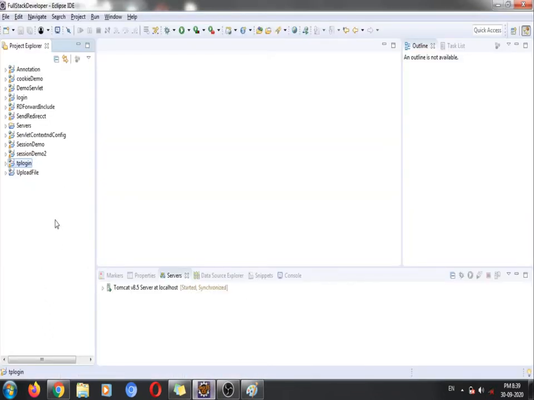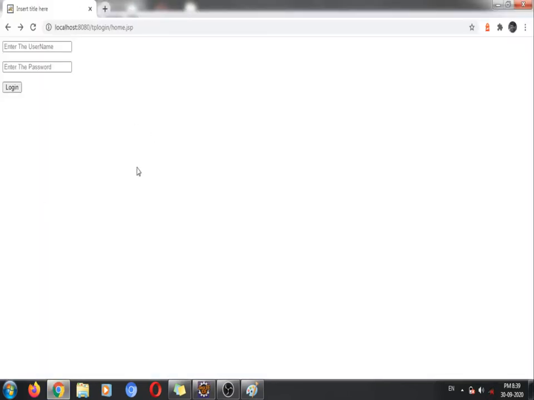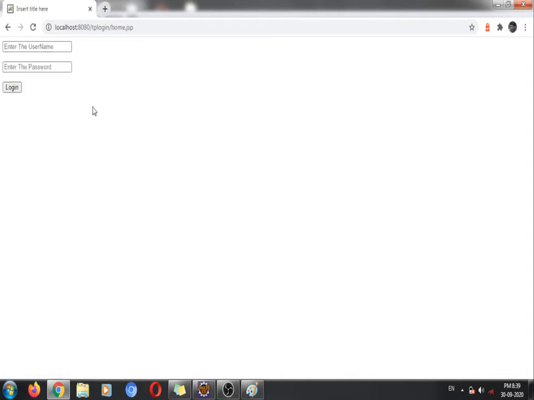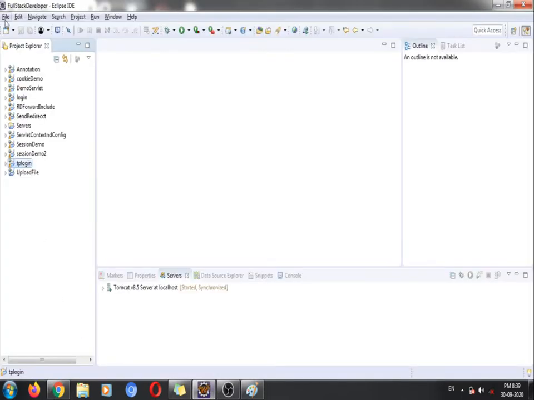So first of all, I'll show what we are going to perform. This is nothing but the username and password fields. If you write something wrong, then it is going to be redirected to the same file. If you write, like, servlet as my username and Java as the password, and I log in, then it is going to display the welcome.jsp file, and we simply need to perform the logout operation. So again it comes back to the login file. Okay, so this is what we are going to implement. So let's start the implementation.